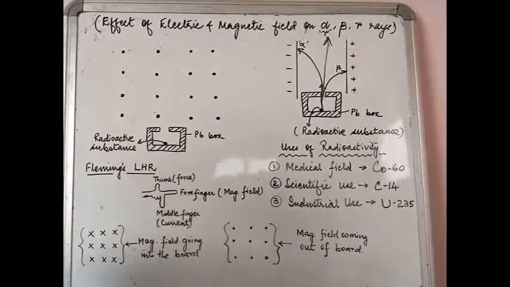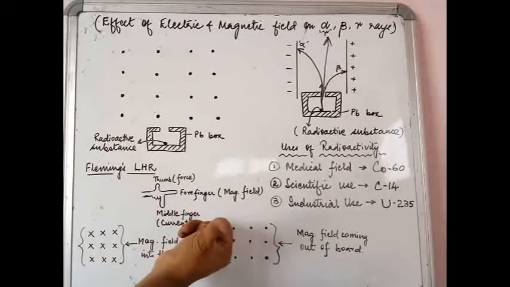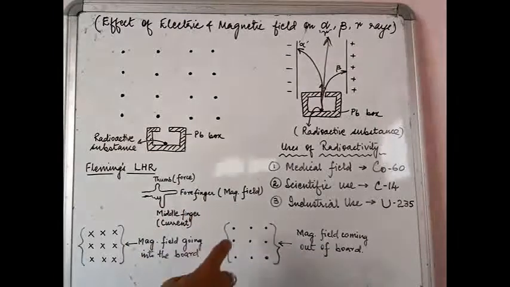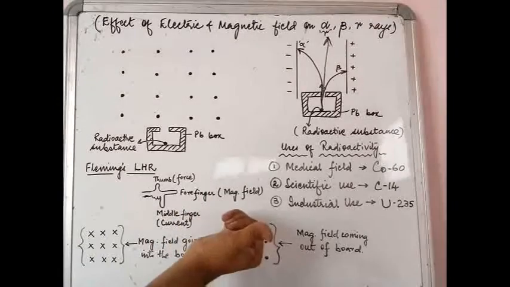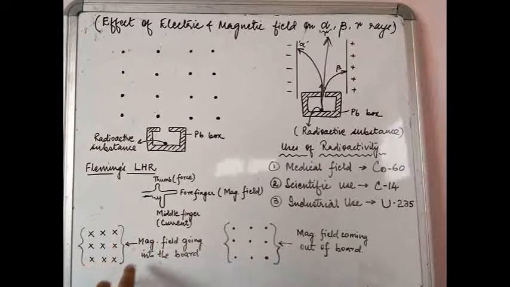Okay, just the opposite happens with the dots. You can imagine an arrow coming towards you. So when you see an arrow coming towards you, you are going to see the pointed object in front. So these pointed objects or these dots represent the direction of the magnetic field coming out of the board. Once you remember these two things, it is then that you will be able to understand what we are going to study next.